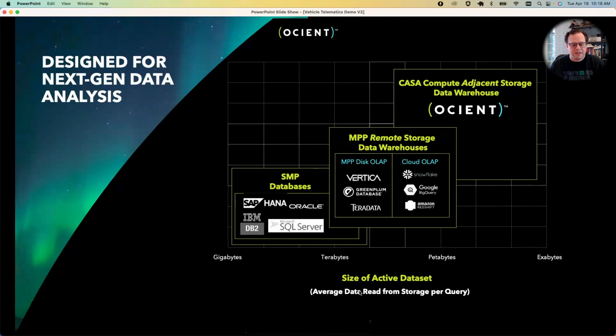What we mean by active data set is not just that the data is stored, but the data is being actively analyzed in one or many queries. And when you need all of that data to be available, or a very large set of it, that's where Ocient excels when compared to these other tools.